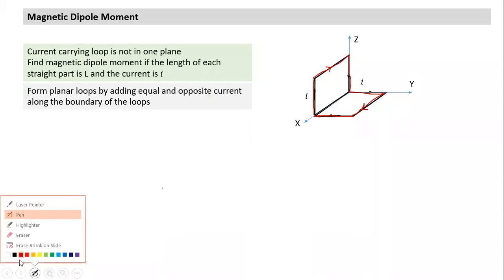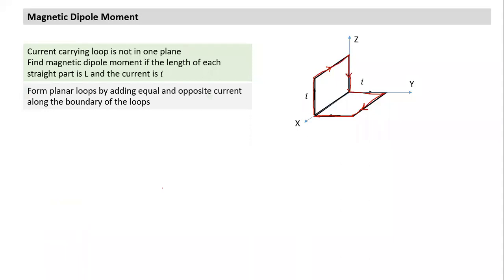So how do we do it here? See, from here the current is coming like this. I'm showing it separately, but they are at the same point. I add one element having current along the plus x-axis. I add another element carrying current at the same position along the minus x-axis. So what is the net effect of the current along the common boundary? The net effect is zero. I have not added any current.